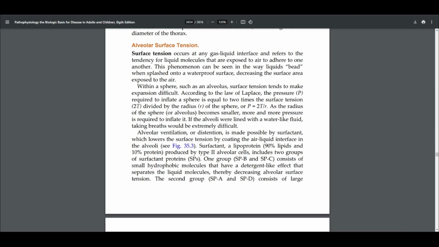So that comes to alveolar surface tension. Surface tension occurs at any gas-liquid interface and refers to the tendency for liquid molecules that are exposed to air to adhere to one another. This phenomenon can be seen in the way liquids bead when splashed onto a waterproof surface, decreasing the surface area exposed